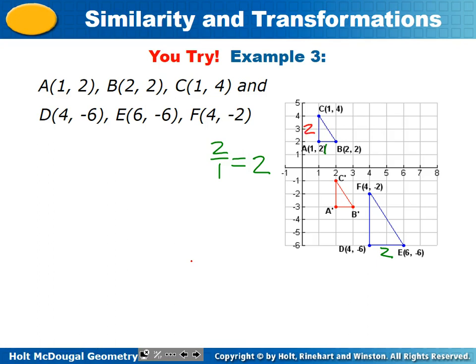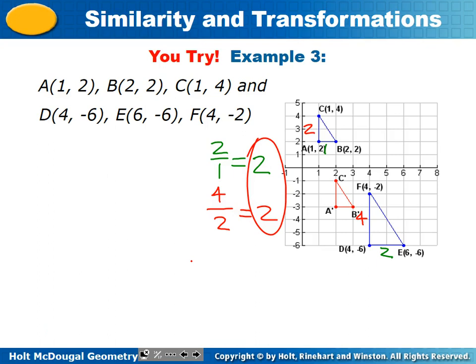And we're going to compare it to the height of DF, which is 4. Again, take our ending, our second image over our first image, and that as well is 2. So we do have the same scale factor here with these two triangles. However, if we were trying to just scale this, if you notice,